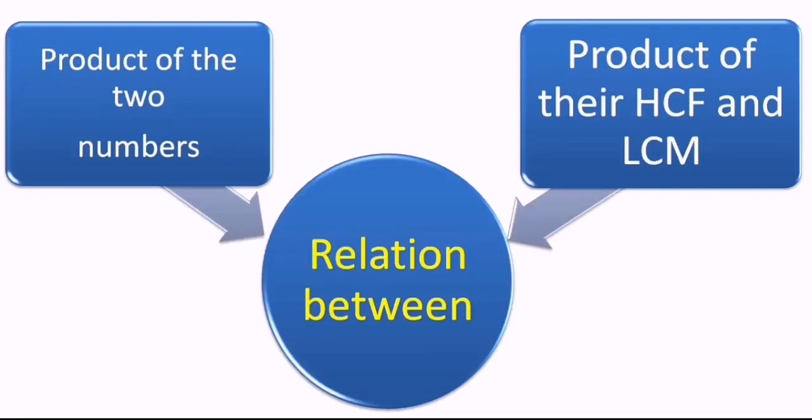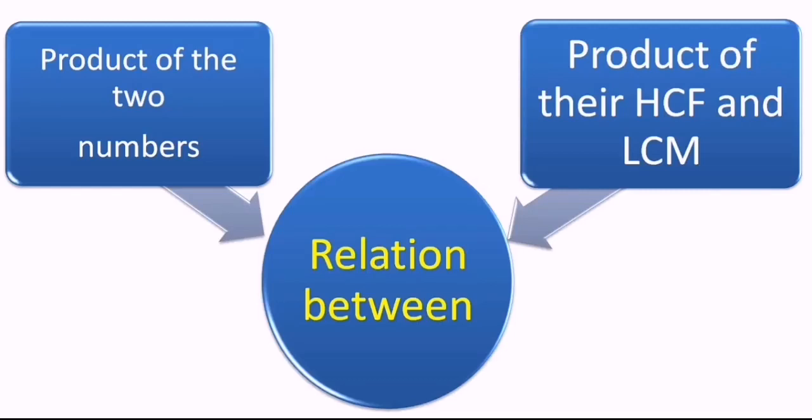Till now we have understood the ways by which we can find the LCM, and now we will try to find the relation between what? Very first, the product of the numbers you can see, and the product of the HCF and LCM. These numbers are the numbers given in the question itself. Very first, a question will be given. We have to find the HCF and LCM and then see what happens if we multiply them.